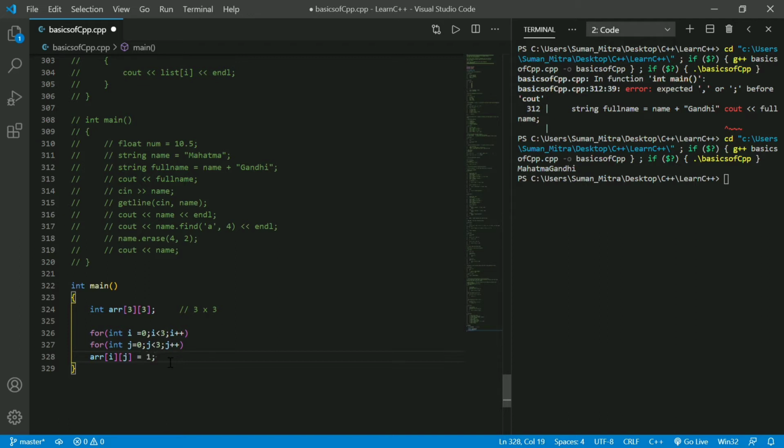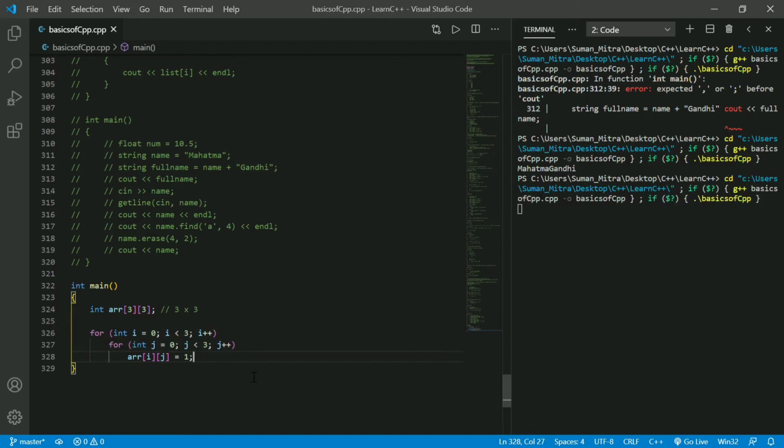Okay, 1 for everything, and just run it. There is no error, which means it's correct. We did not use curly braces here, because for a single line, even if you don't use curly braces, it will work. For this for, this is one single line.